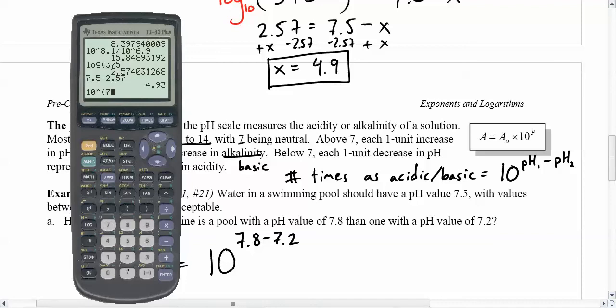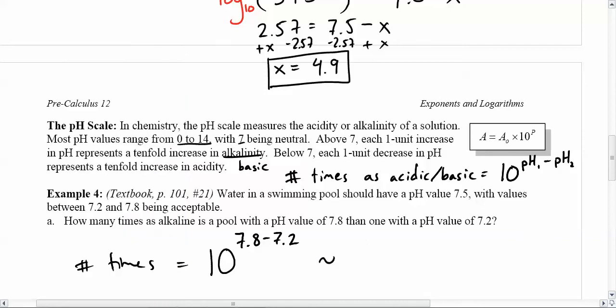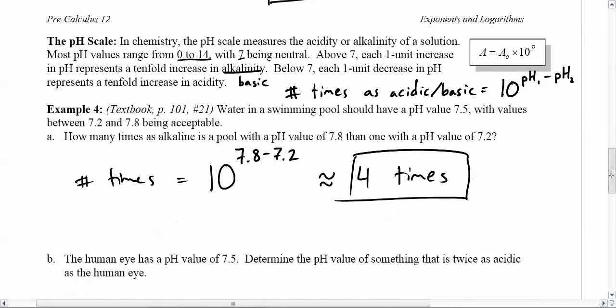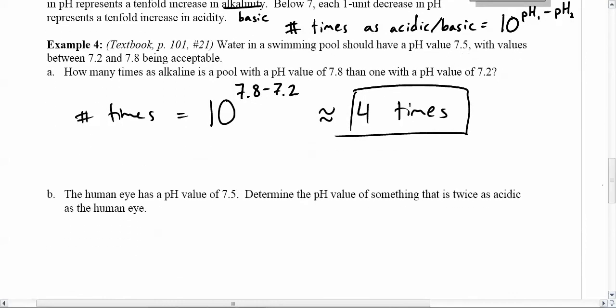So 10 to the power of big pH minus small pH is about 4 times bigger. And you can also do this backwards. So if you want to find something that is 2 times as acidic as a human eye,